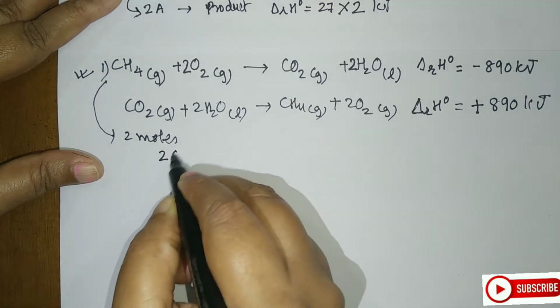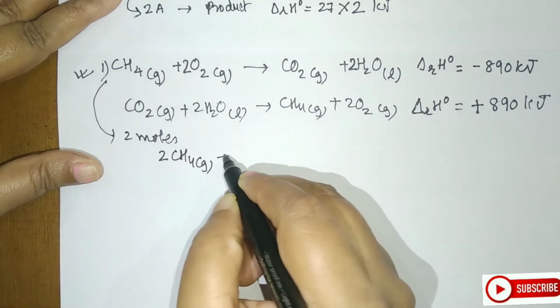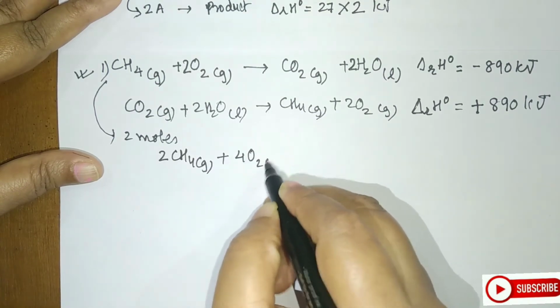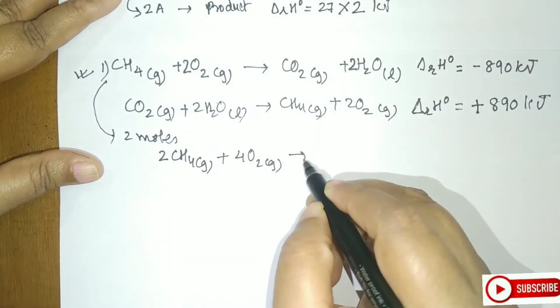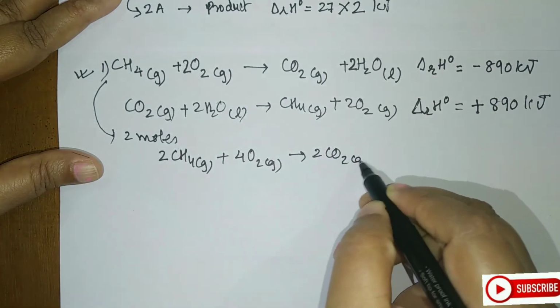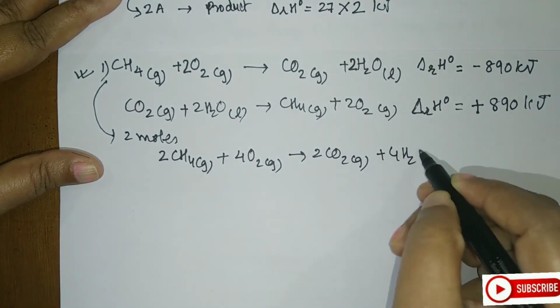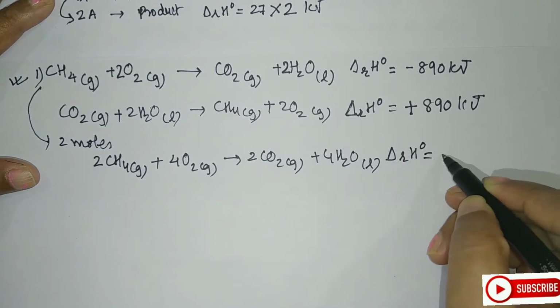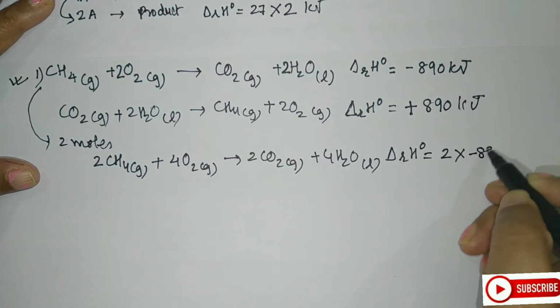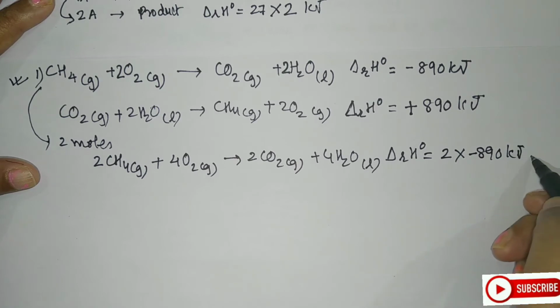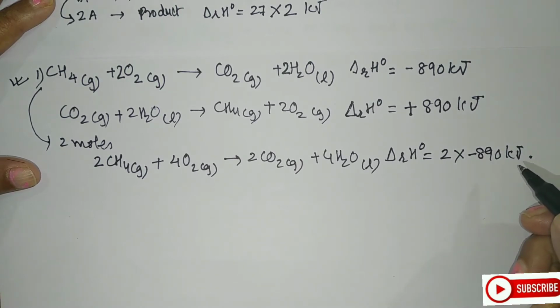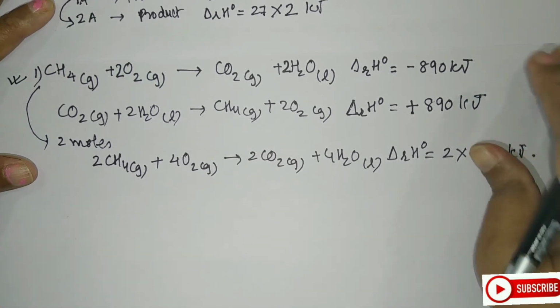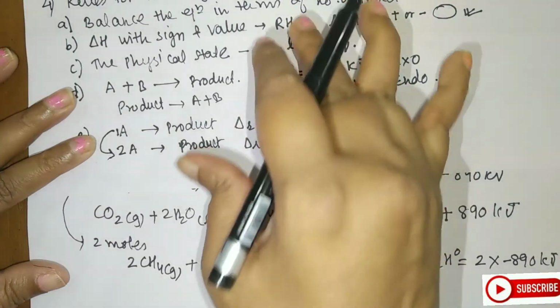So when I take 2 moles of methane here, it means I am multiplying the equation by a factor of 2 throughout. Then what I will get here is like this. And in here, the delta H value will also get multiplied by 2. So this is what it means. It will also get multiplied by 2 and the enthalpy will be like this. So students, this is the meaning of all the thermochemical rules that we have studied here.